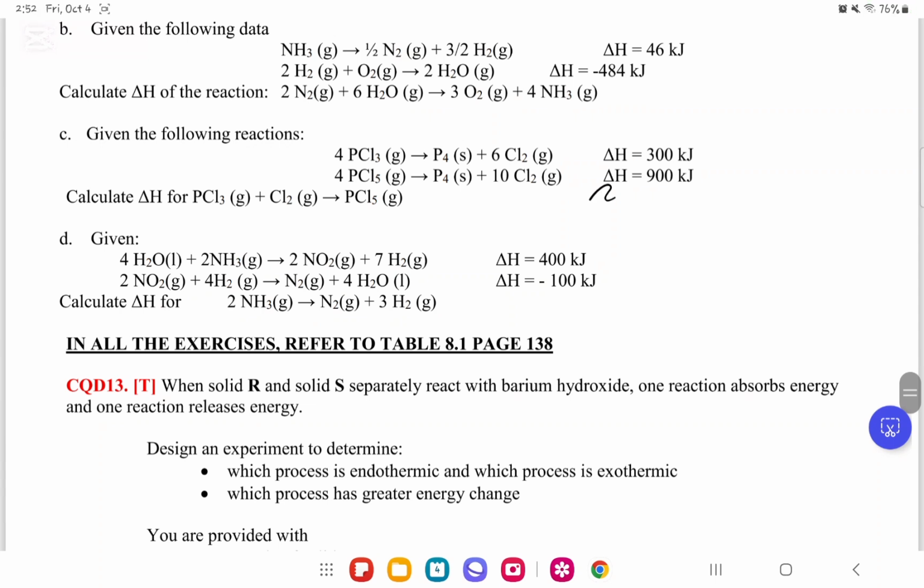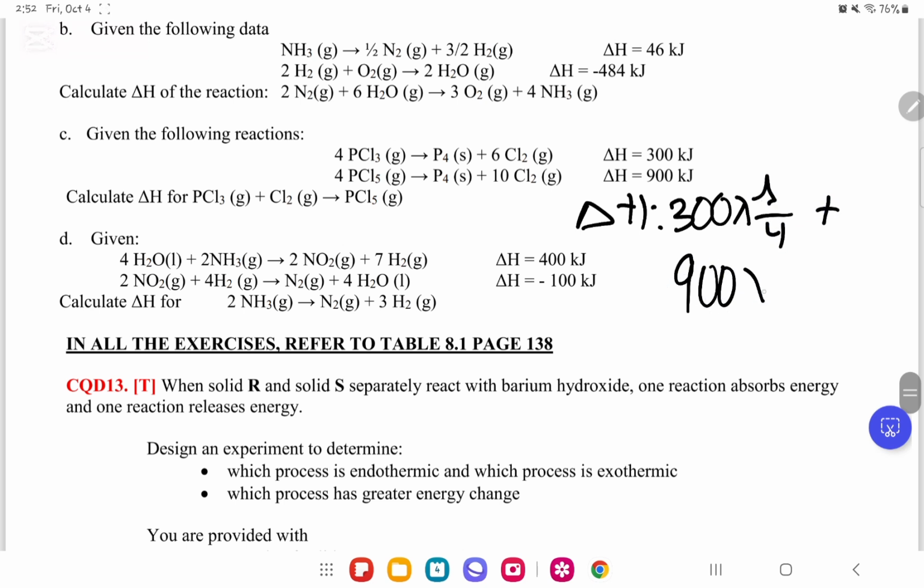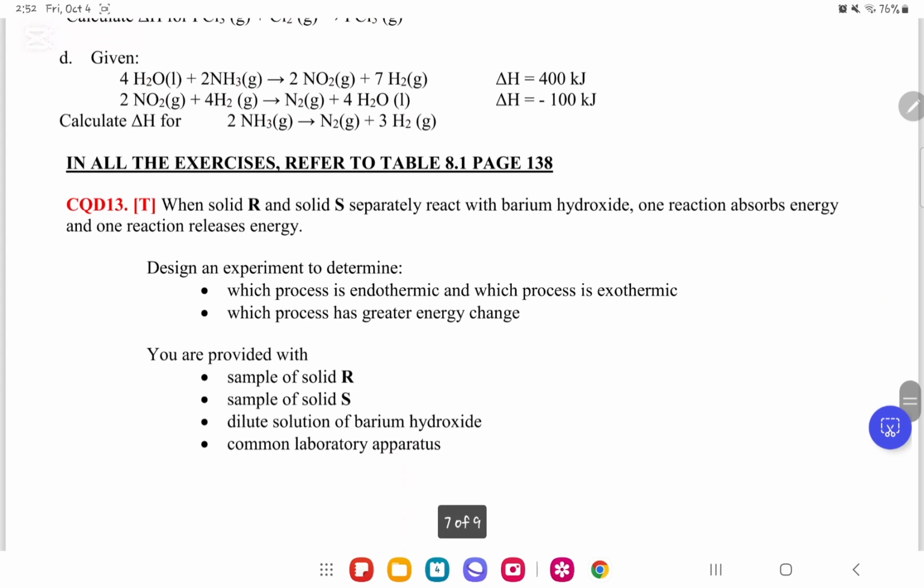So now this means that the delta H of the reaction is 300 times 1 over 4 plus 900 times negative 1 over 4. So if we're going to do it on the calculator, 300 times 1 over 4 plus 900 times negative 1 over 4, we're going to have negative 150 kilojoules per mole. Now, part D: given 4 H2O liquid plus this and so on, calculate delta H for 2NH3,